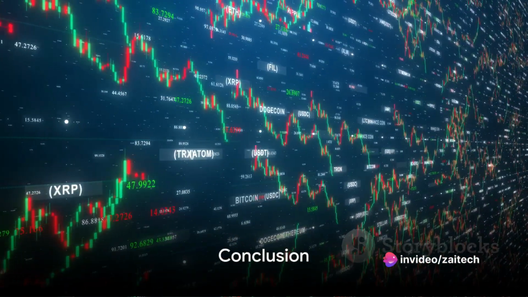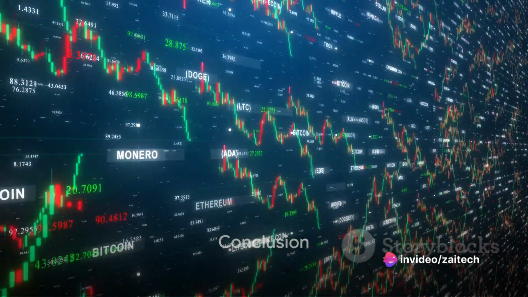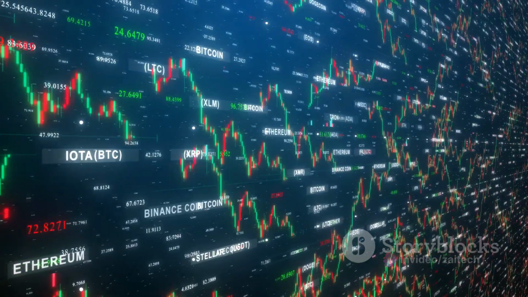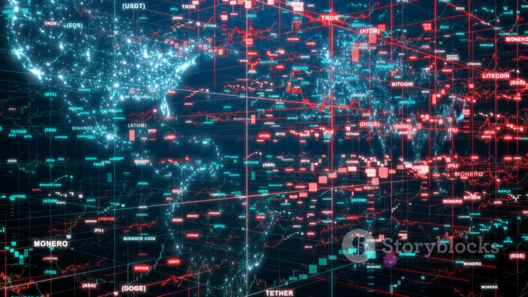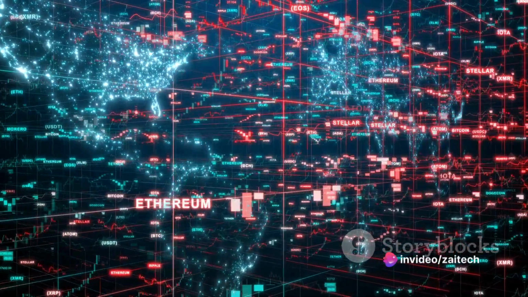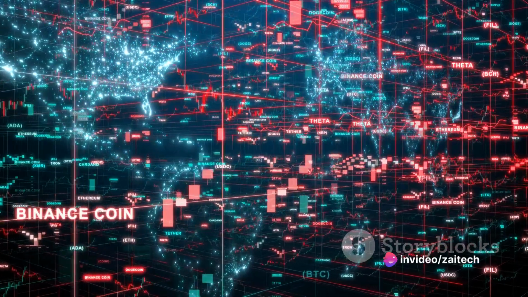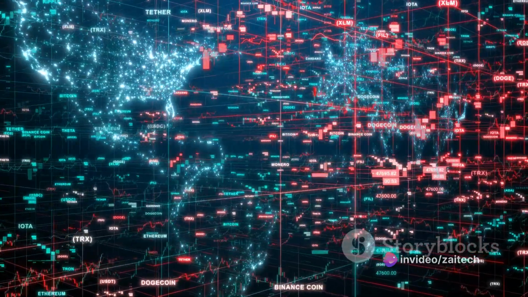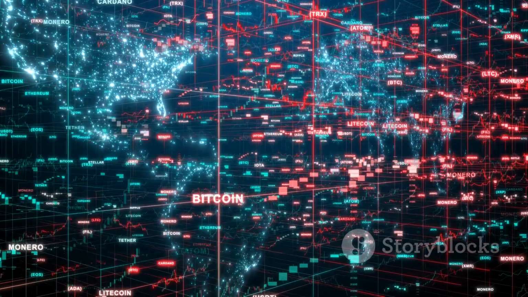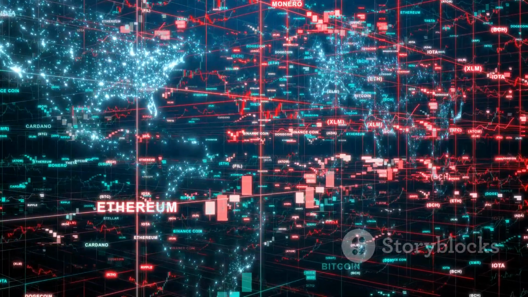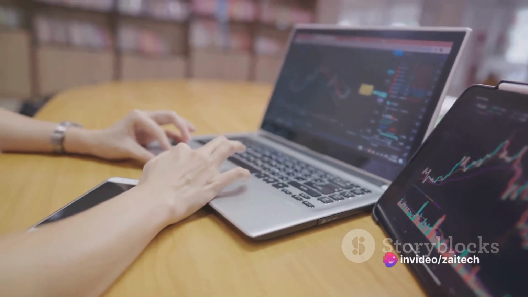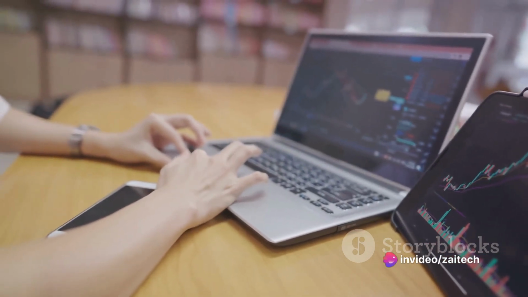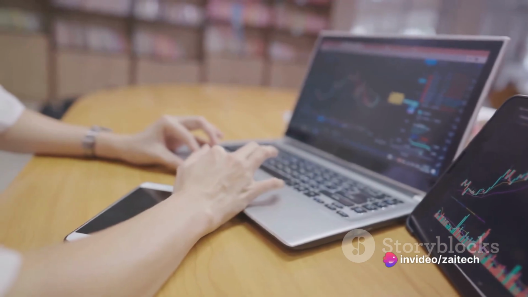We've covered a lot today, from understanding scalping to live trading demonstrations. We've dived into the nitty-gritty of the quick-paced world of scalping in cryptocurrency trading, highlighting the potential of a 15-minute strategy. We've explored the importance of selecting suitable cryptocurrency pairs, the role of dynamic technical indicators like moving averages, RSI, MACD, and stochastic oscillators, and the art of identifying entry and exit points.